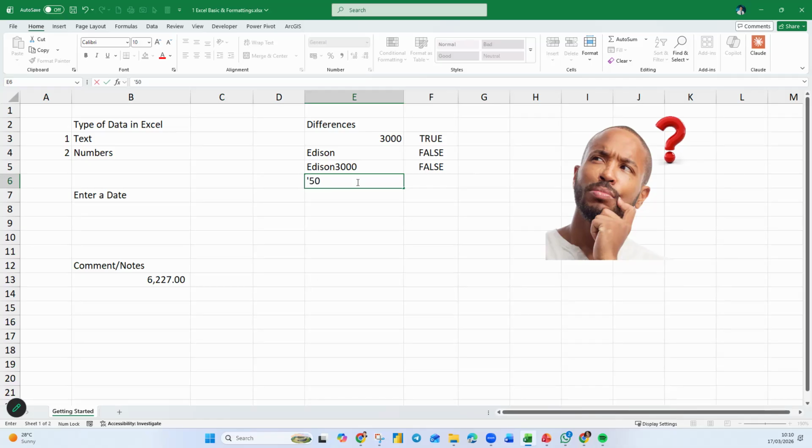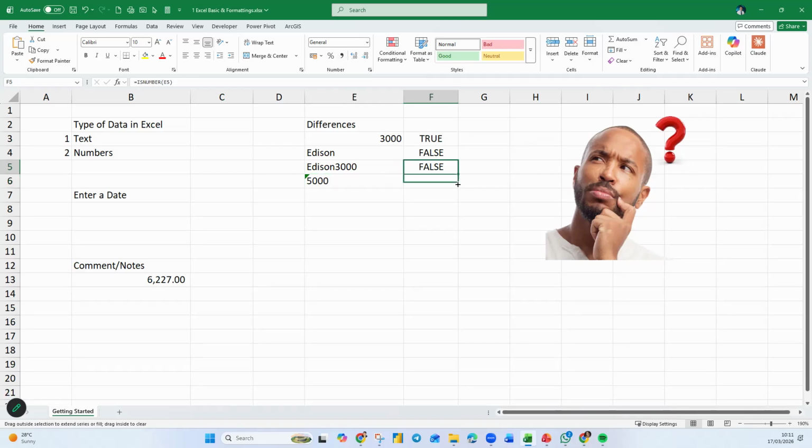Okay, 5,000. If I put an apostrophe in front and I put 4,000, 5,000, you notice that it is a number, but it stays on the left. So is this a number or is it not a number? Sometimes, whatever we see with our eyes, the number looks like a number, but it stays on the left, so you check, is it because of the formatting? Is it because of the left, center, right formatting? No, nothing like that, right? You see no left, center, right, and it's General.